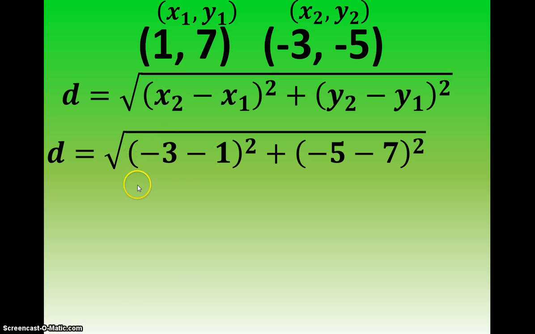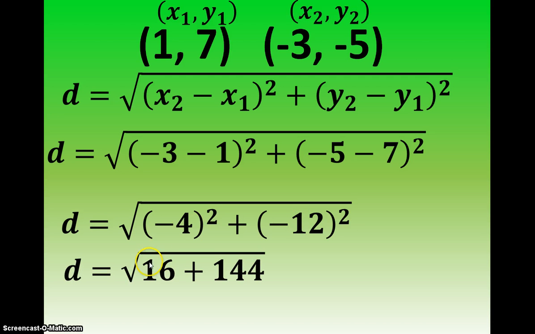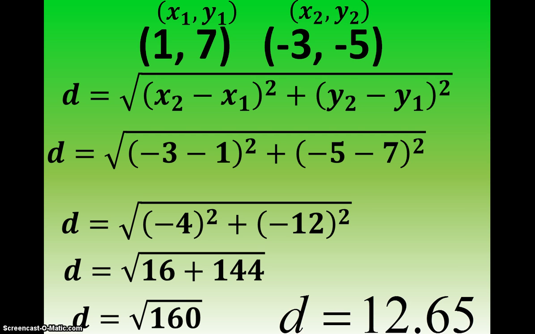x1 is 1. Now, I didn't put parentheses in here necessarily, because technically with the first one it doesn't quite matter. The parentheses are just going to drop off. Same reason with the -5. But I still have -3 minus 1, which is equal to -4, and I have -5 minus 7, which is equal to -12. -4 squared, which is -4 times -4, is equal to a positive 16, and -12 times -12 is equal to a positive 144. So I would do 16 plus 144, that would be equal to 160. Take the square root of that, and I'd be left with d is equal to